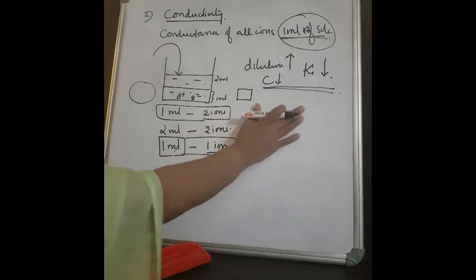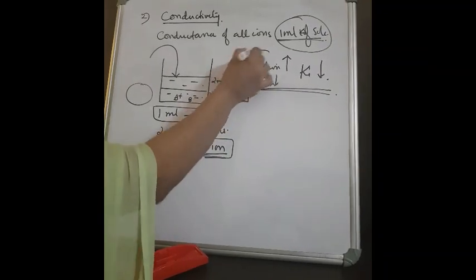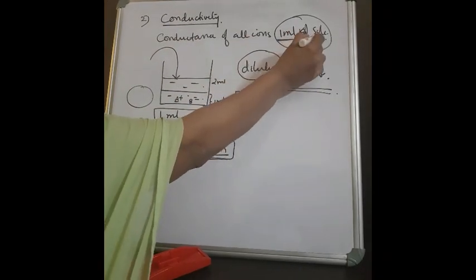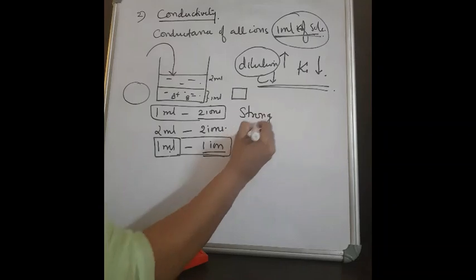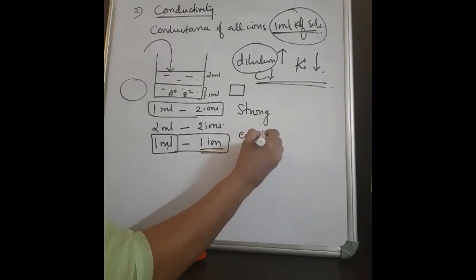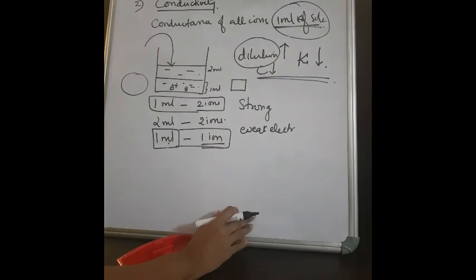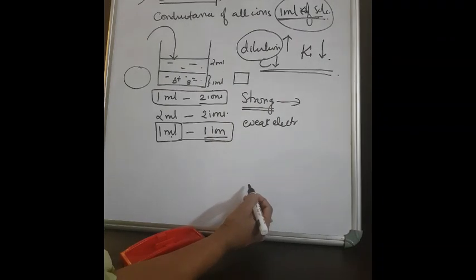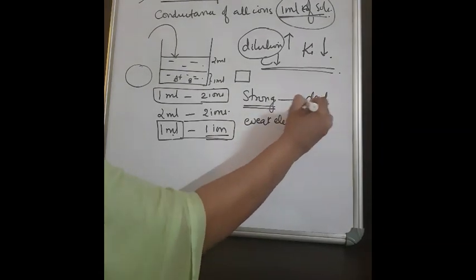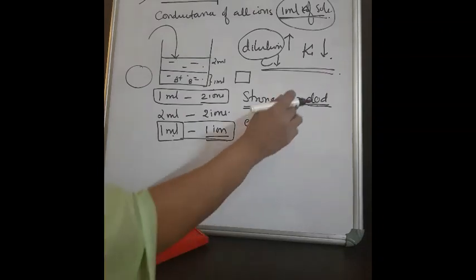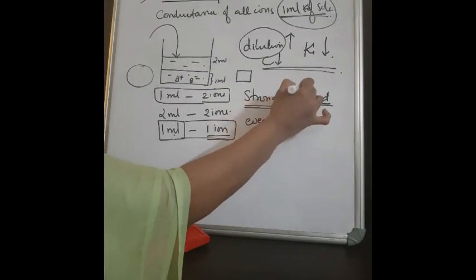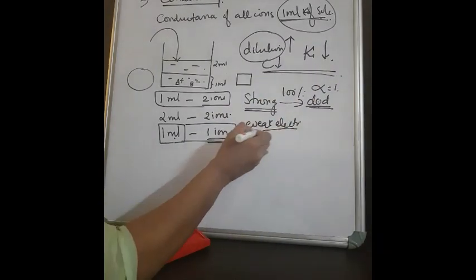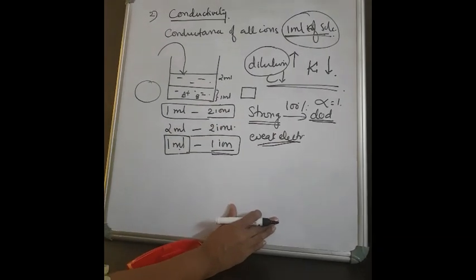Now, here I want to tell you something more about dilution. When we talk about conductivity, you can say 1 ml of an electrolytic solution. Here also, I should mention the strong electrolyte and the weak electrolyte. Always, a strong electrolyte means complete dissociation happens. You have studied in equilibrium the degree of dissociation. So, in a strong electrolyte, 100% dissociation happens, that is, the degree of dissociation is 100% or the value is 1. But what about the case of a weak electrolyte on dilution?